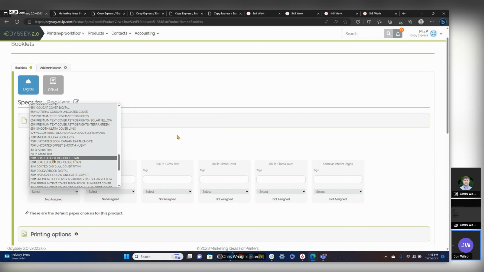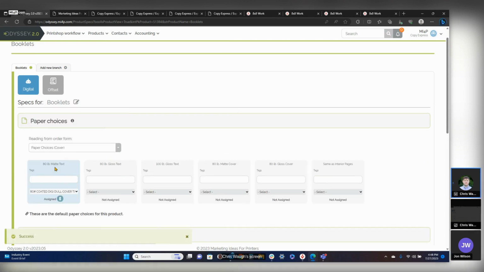It could be either. Okay. The book, because sometimes somebody will want a little bit heavier cover, but not very much heavier. So it could be cover or text, either one on the cover. Okay, I'm going to put cover, and we're going to put a pin in that, because remember,